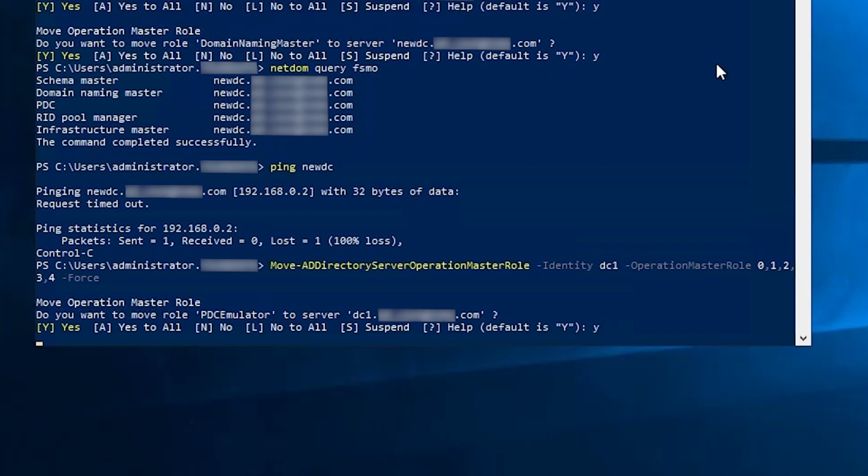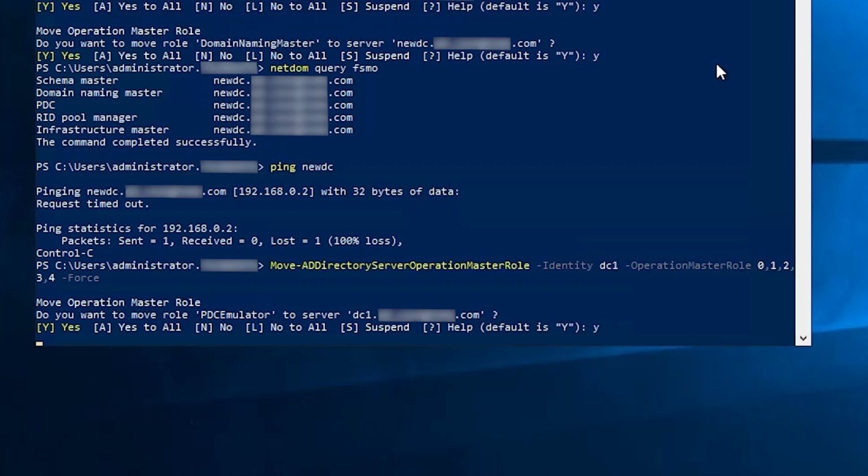What I'm not going to show you is how long this takes. If you've seized roles before using some other method, you know it takes a little longer than a transfer because it tries to do a friendly transfer first by contacting the original role holder. And if that role holder doesn't respond, it waits for a timeout period before it decides, hey, this thing must be really gone. That timeout period appears to be about 1.5 minutes. I don't know that exactly, but that's what I've seen in my experience.